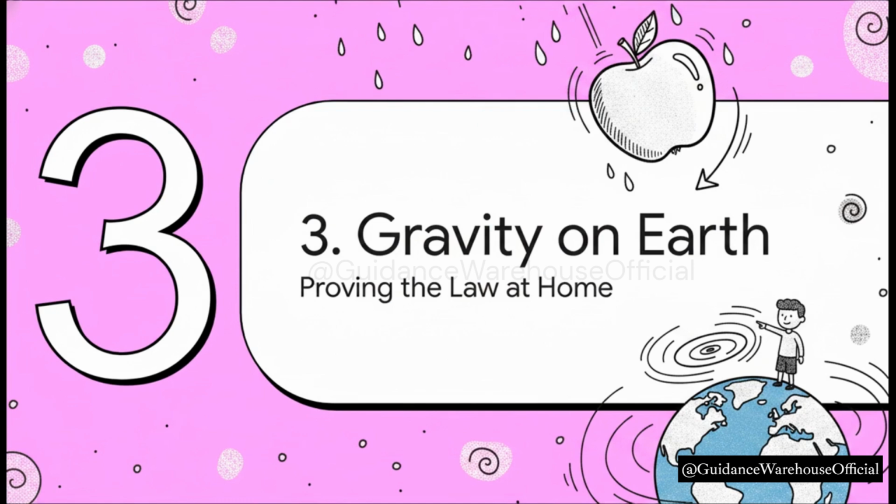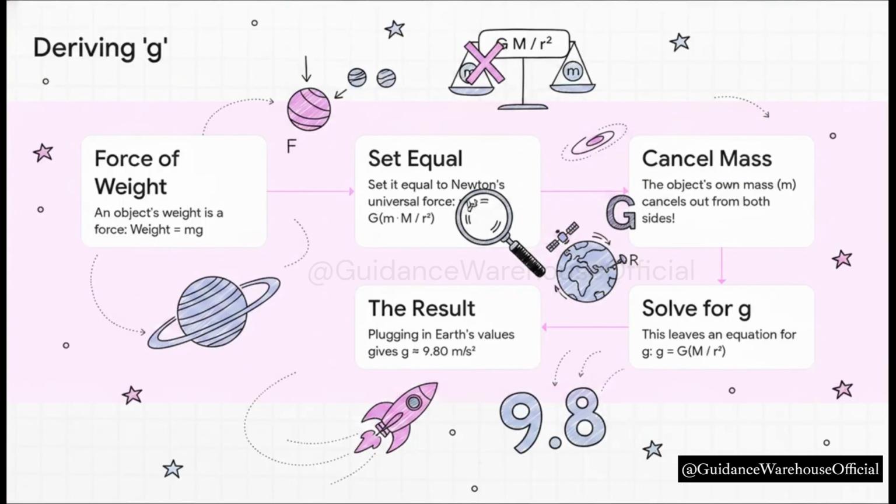Okay, so how does this huge universe-spanning equation connect back to something we all feel every single day? You know, the feeling of weight, the fact that things fall down when you drop them. This is where it gets so cool. We've got 2 different formulas for the force of gravity on an object near Earth. There's its weight, which is just its mass times g, and then there's Newton's big universal formula. Well, if we set those 2 equal to each other, something incredible happens.